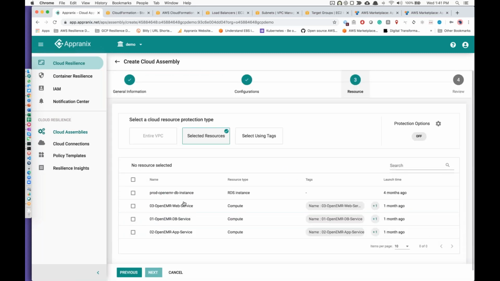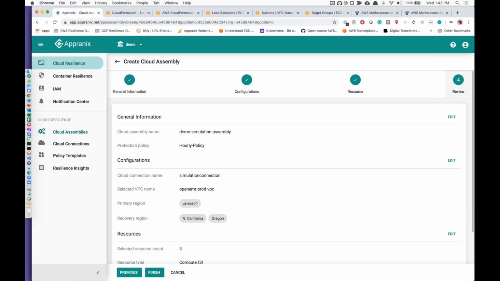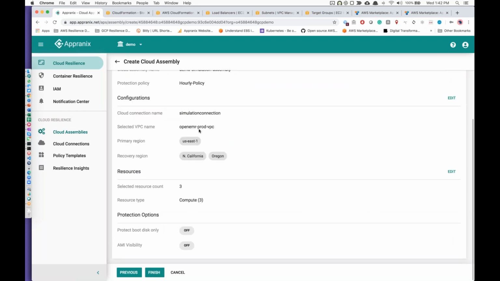You go and select all the services that are really required. And that's all there is to it. So once you add these, your assembly is done, you could say, and a VPC as well, depending on the situation. All you are selecting is the topmost component that really represents your application, right? And that application, at this point in time, is an open EMR production VPC that I mentioned here.